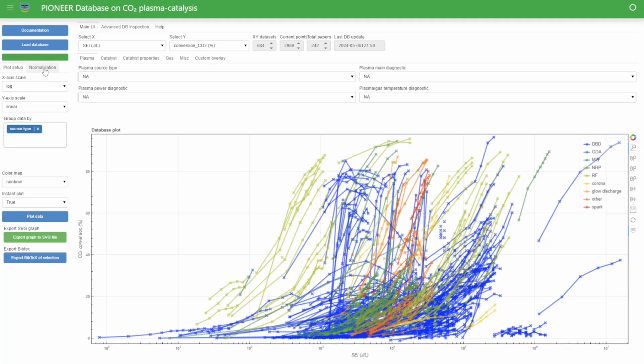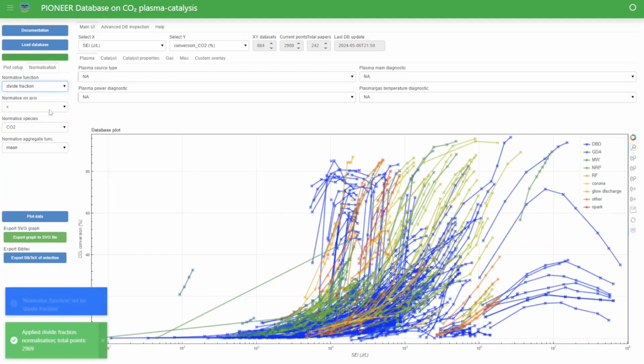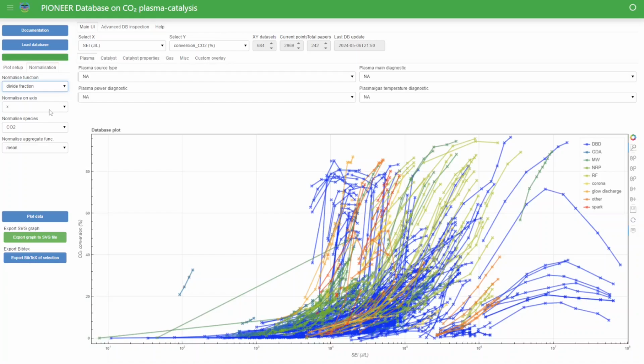However, for a lot of data, there's actually also CO2 admixed with other gases present in experiments. So we can try to, in fact, also correct for this admixture effect, which affects the SEI, by applying a normalization on the fraction of CO2 contained in the gas stream. And when we apply this normalization, we immediately see that some of the data, in fact, shifts. And the data for instance, Stewig, which I highlighted just now, falls far more in line with the general trend observed between other experiments as well, indicating to me that they have used a significant other gas along with CO2